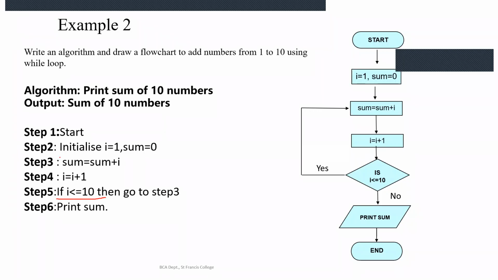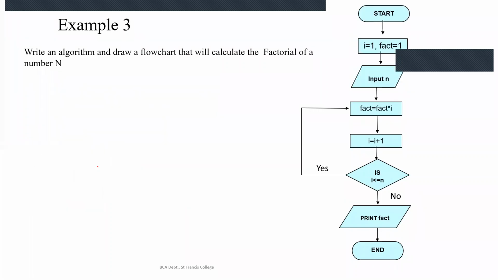You understood? So while loop we will be starting before these 2 steps. These 2 steps will be executed in the while loop. Is it clear? So we are checking this in a while loop, and the while loop is mentioned before these 2 steps. Exactly the same algorithm we are making into the C program. So seeing this, you have to type the C program. Okay. Now we will move to this factorial.